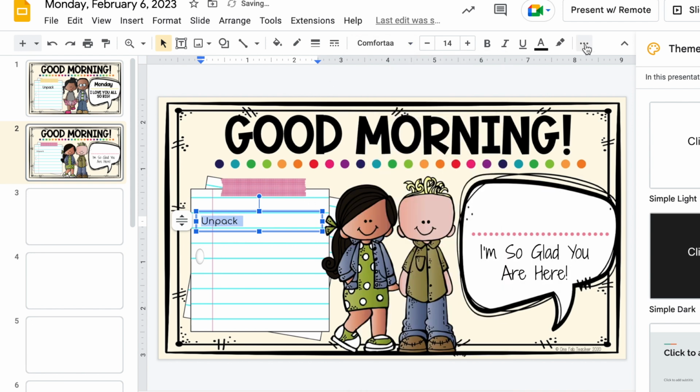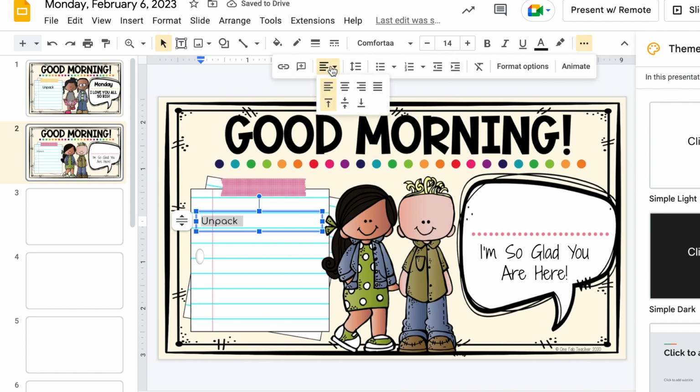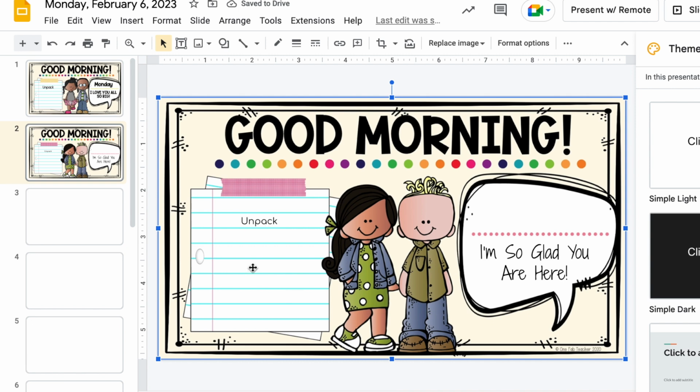You can center it. I mean, it works, it's doable. Make it bigger, smaller. It's totally up to you how you want to use it. However, for me, I like for certain things to be a certain font. So those things that I specifically want to be a certain font, I basically just do it in PowerPoint